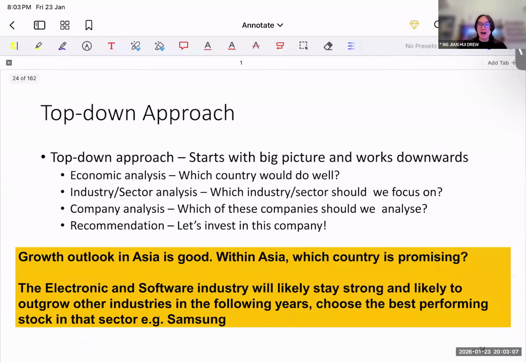Very good question. Okay, top down or bottom up? So top-down approach basically starts off with this, right? We have an economy, we determine, okay, which economy is doing well, say in Asia, right? And then from there we narrow in, right? Okay, which sector in Asia is doing well, and then we determine which company in this sector is doing well, and that's where we do the analysis of this company, and then we make a recommendation, right? So really going from the top layer, really going down.